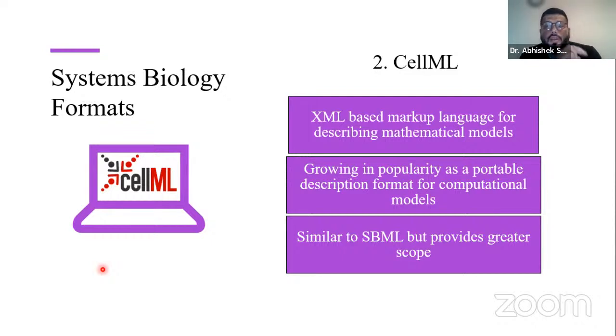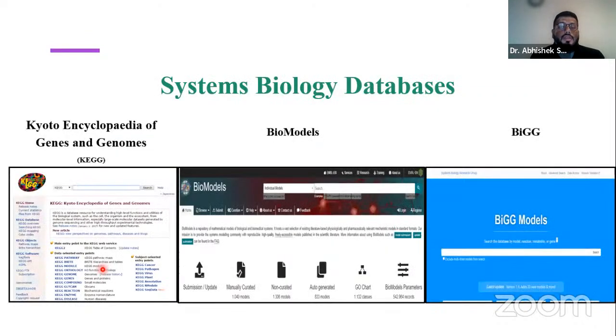Several other formats are also available other than CellML, like MathML. Then BioPAX format is there. So there are different other types of formats by which systems biology or network biology based models and networks can be represented and used in different software for various analyses and for getting inferences and insights. Now, these are systems biology databases that we use quite widely.